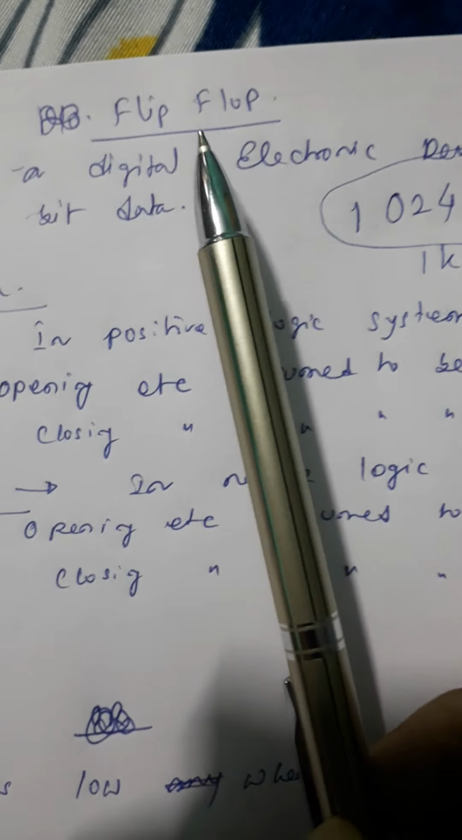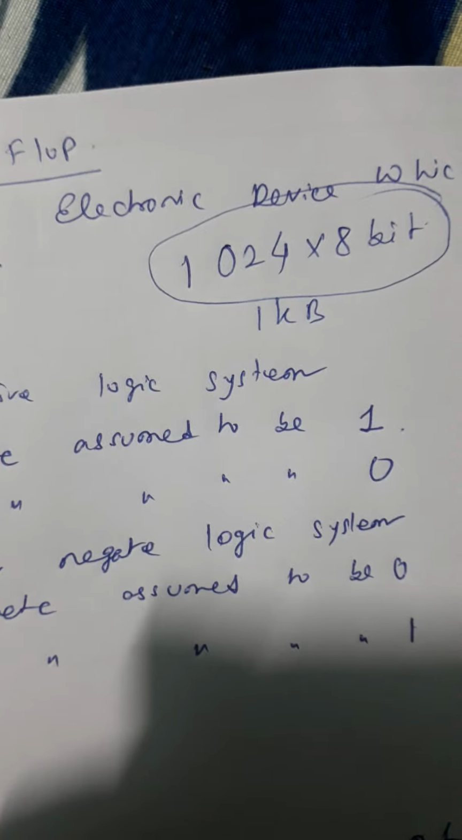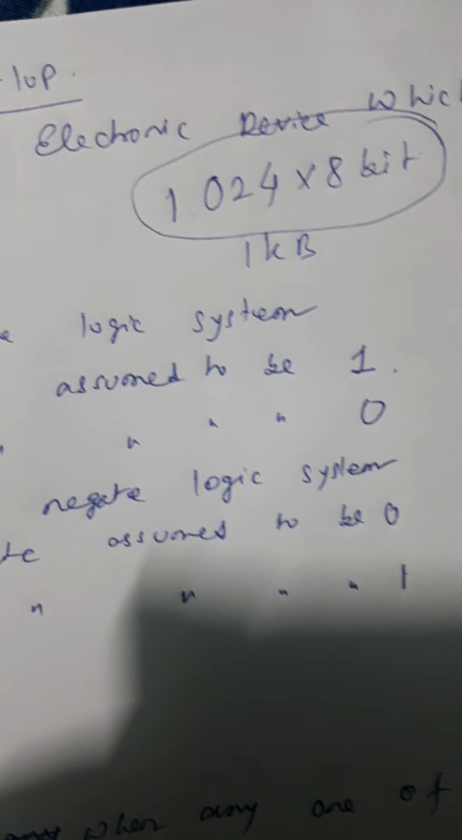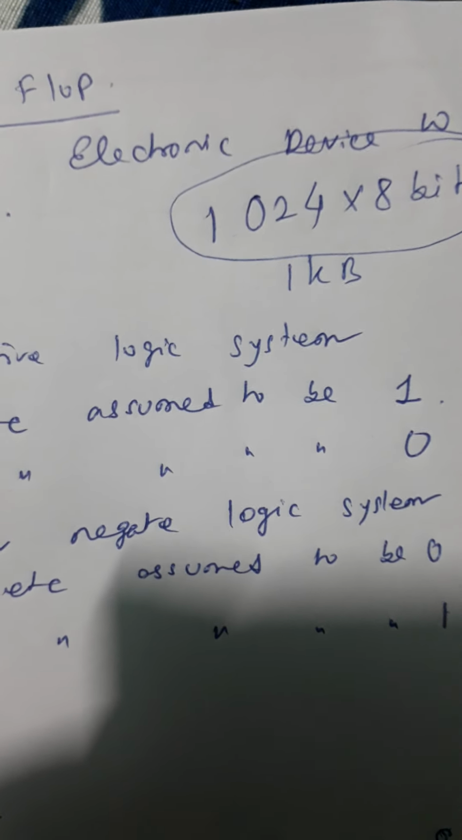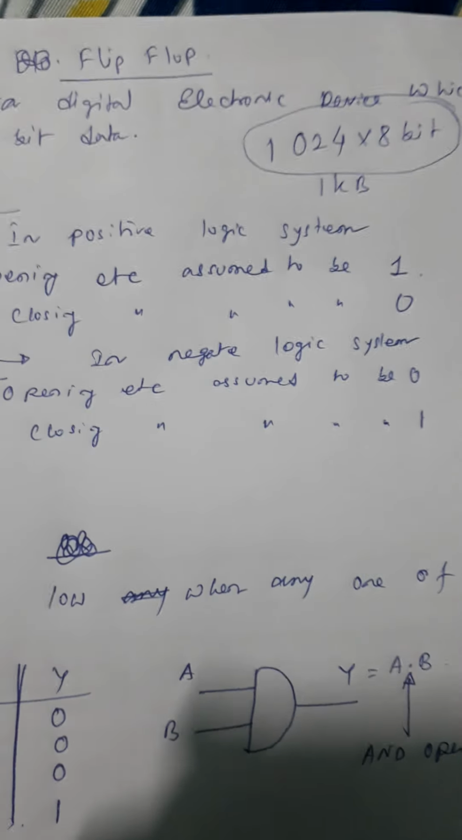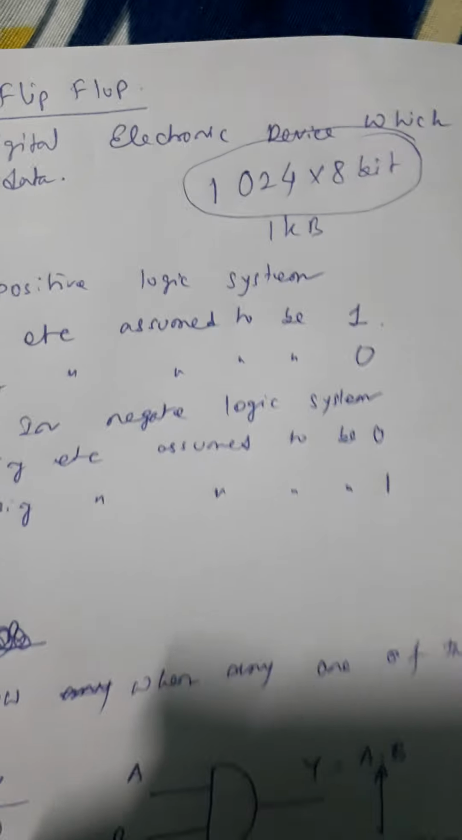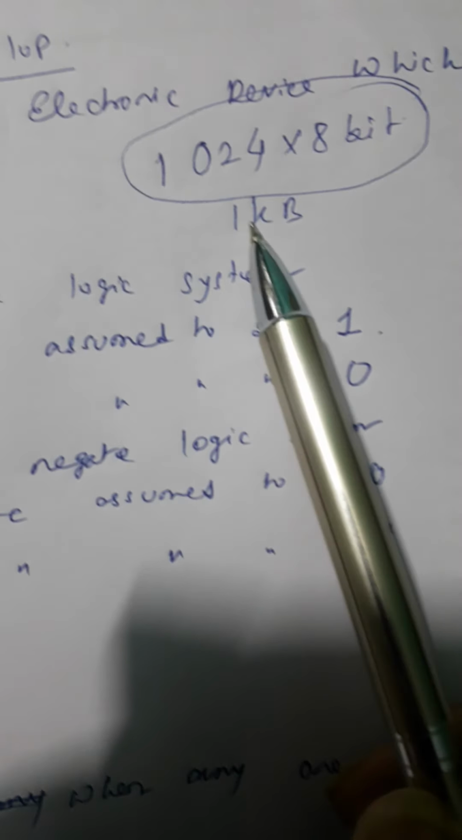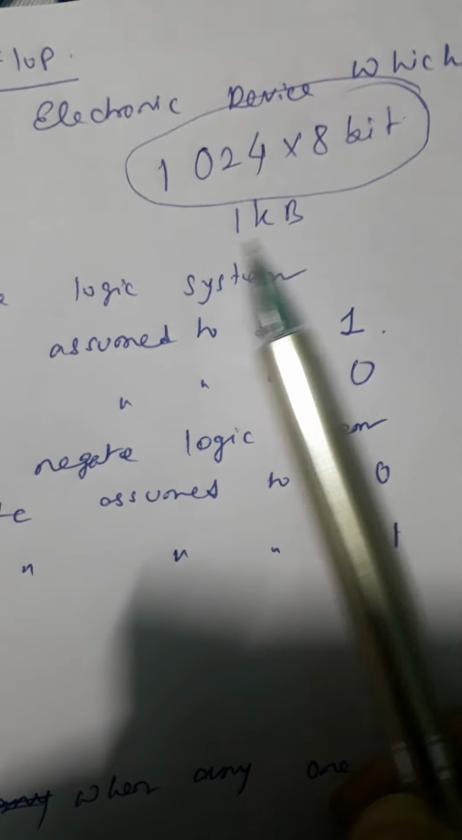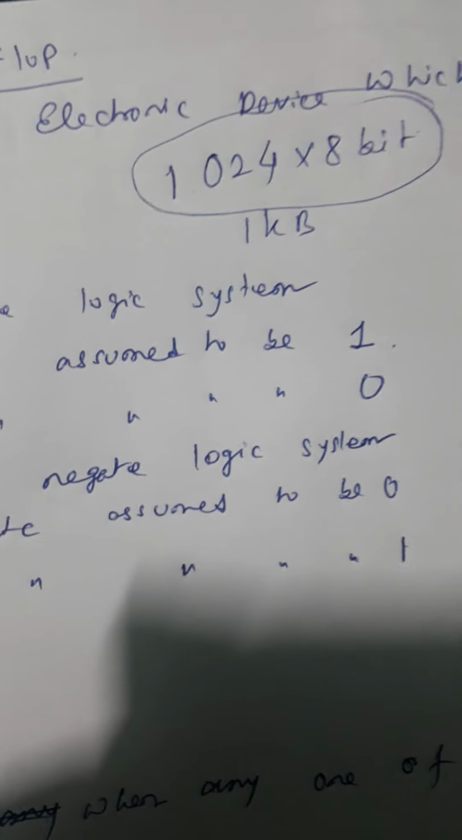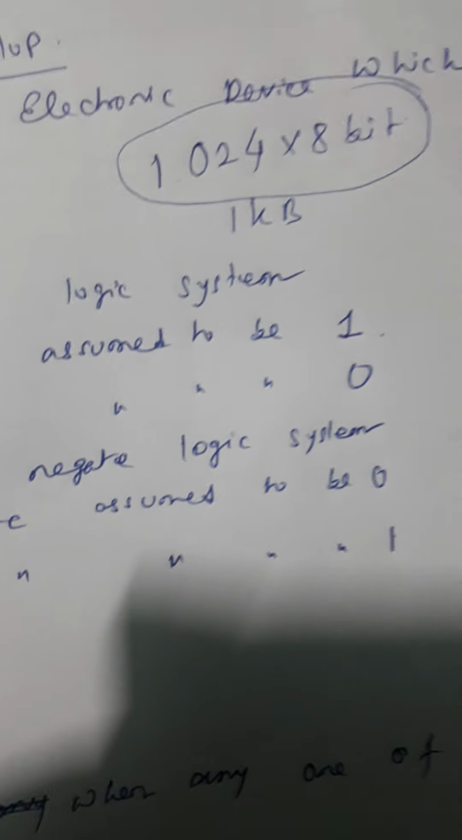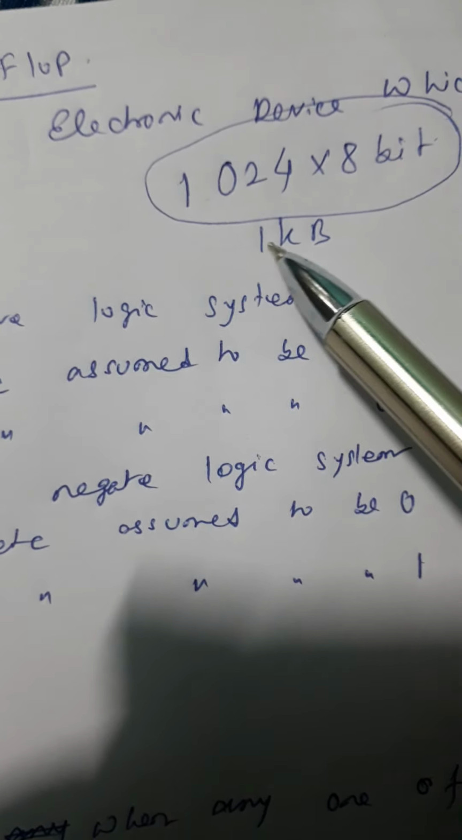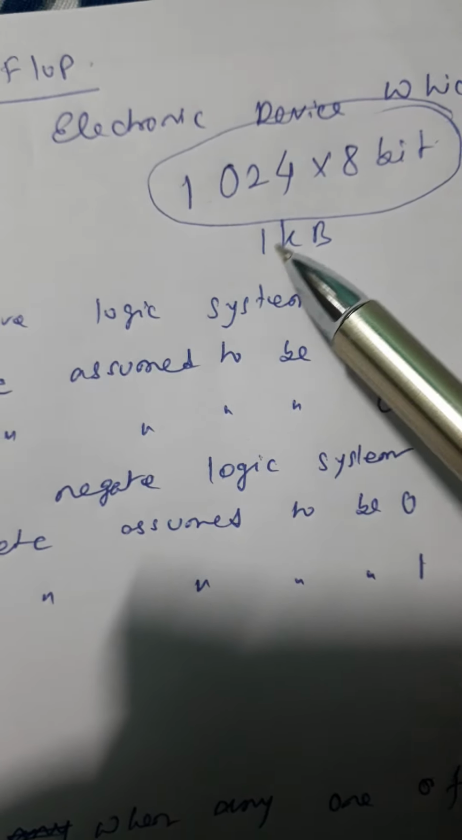Now, in today's world, we use mobile phones and other devices which require memory, right? We use pen drives also, fine. 1 GB, 2 GB, 4 GB, fine. So, if we talk about a 1 kilobyte memory, 1 KB, 1 kilobyte, 1 gigabyte, in 1 KB memory,